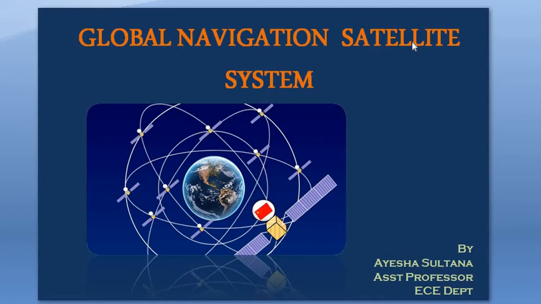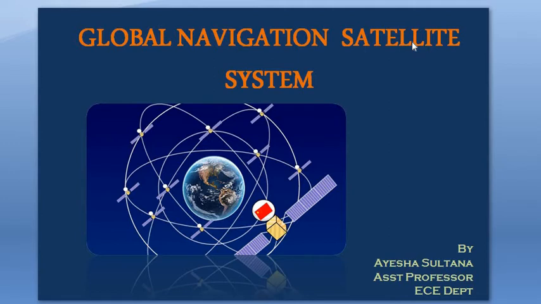In the previous class we discussed the different segments of GPS, because the whole of GNSS is completely about GPS only, right? Global Positioning System. So in the last class we discussed the three segments and how GPS works. The principle of operation of GPS was the trilateration technique, or triangulation, and the three segments are the space segment, the control segment and the user segment. I hope everyone has gone through the video properly and is clear with the three segments of the GPS.